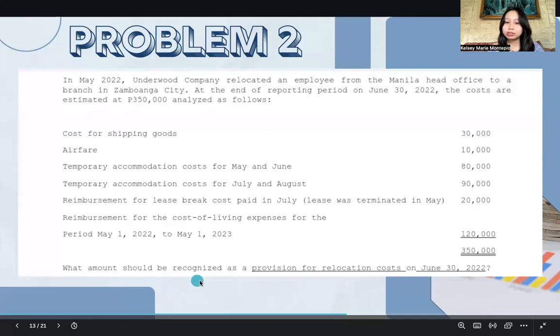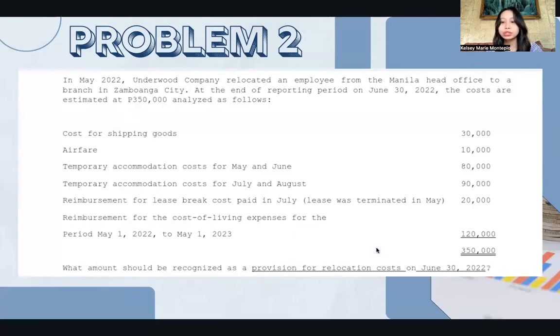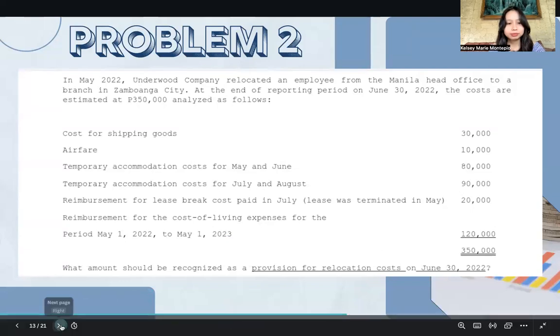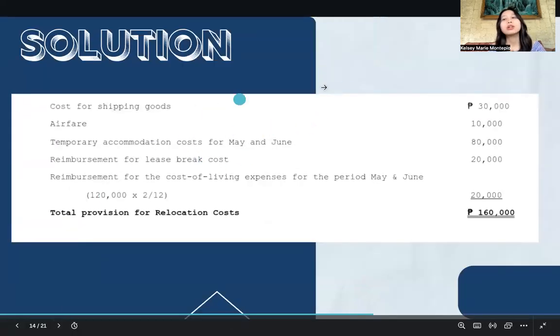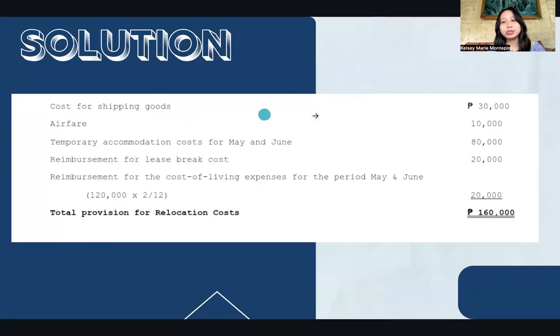What amount should be recognized as a provision for relocation cost on June 30, 2022? I have here the solution as well as the answer in the next slide. We have the cost for shipping goods amounting to 30,000, airfare for 10,000, temporary accommodation costs for May and June for 80,000,